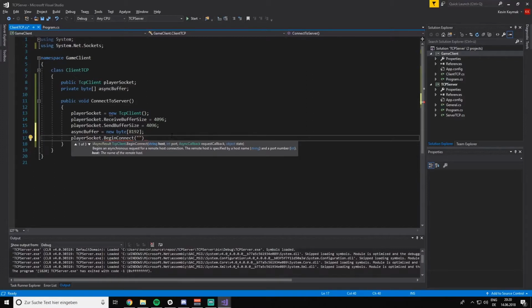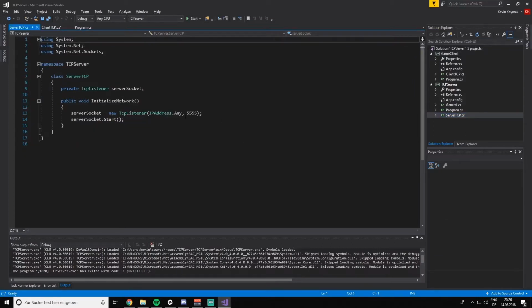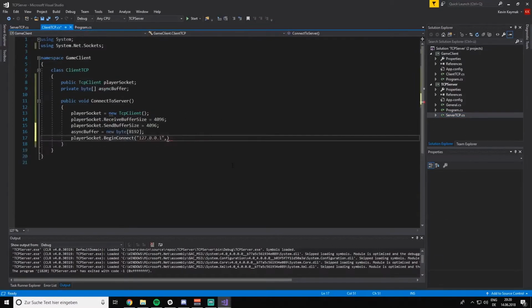So to test that, since we are on localhost, our IP address is 127.0.0.1. Our port, which we set up in the first video, was 5555. So we are going to add